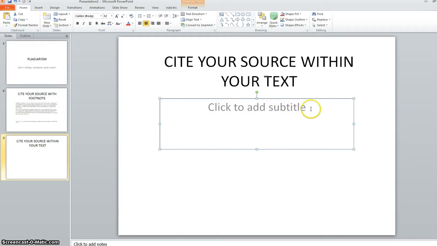Okay, so I'm going to put the same thing, same information in here, but first I'm going to click on the same slide 3, click to add subtitle, and let's say that the person, I couldn't find the actual person who said that, so I'm just going to make up the person. If you couldn't find a person, you could just say the Wadsworth Dictionary says. I'm going to assume that the person's name was Scott Jones, so I'm just going to say, and I don't want this centered, I'm going to say Scott Jones, and you could also say president of the Webster Dictionary or whatever, whoever Scott Jones actually is,